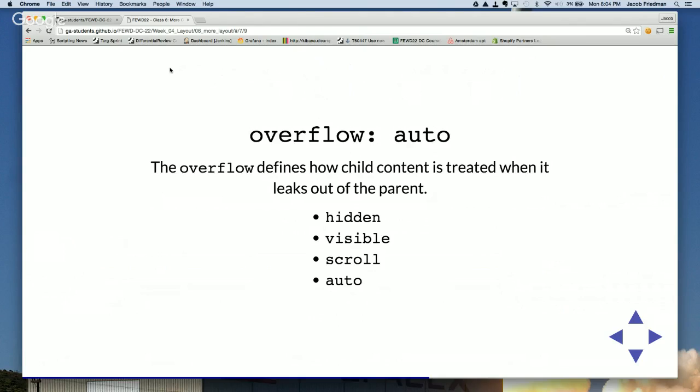So one potential value of that is hidden, which would just mean hide all the content that leaks outside of the box, okay? Which could be all right. But in the case of, we've written a novel in 100 pixels, that's probably not what we want to do. We probably want to do something like scroll. And that will add a scroll bar to whatever container we have, and we can just scroll down and see the content. So sometimes we see the scroll bar on the very side of the browser, but sometimes there's scroll bars within the content itself, and that's using this overflow scroll property. Another value is overflow auto, which just kind of picks